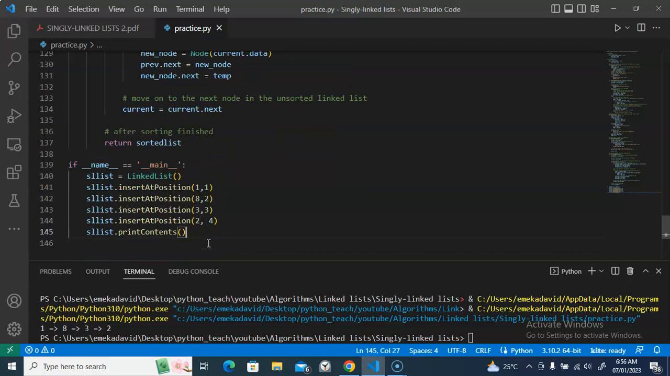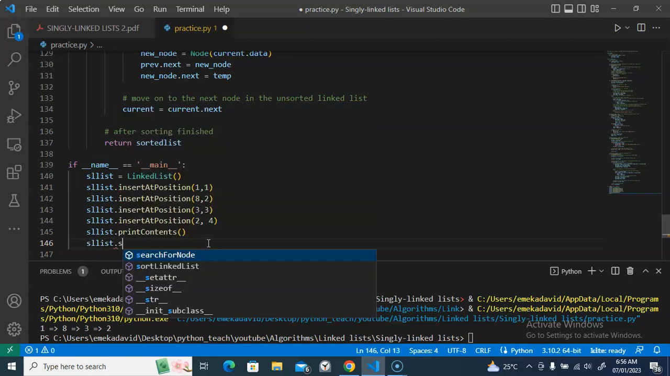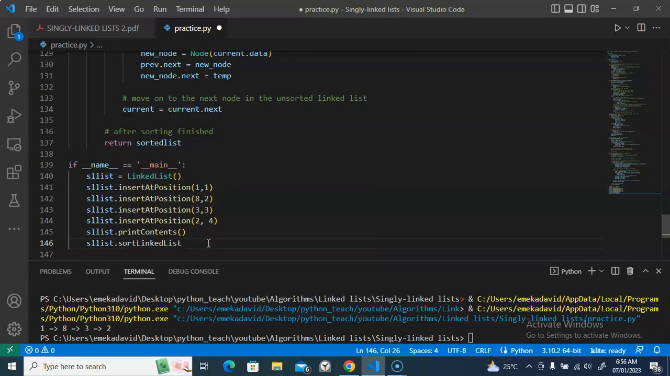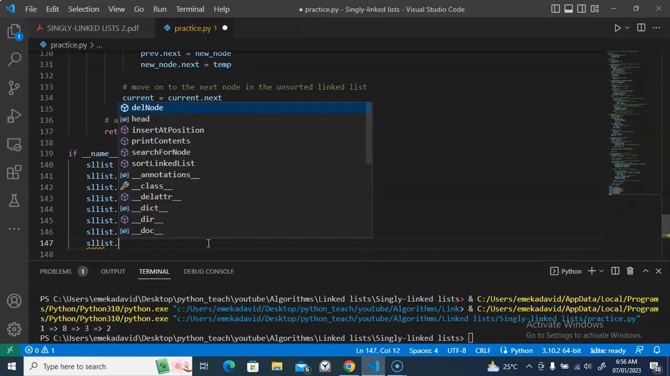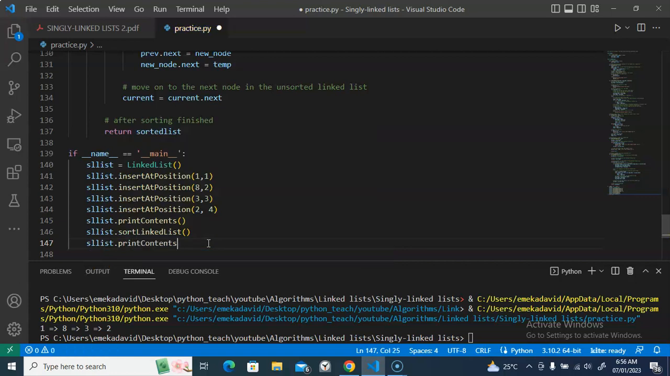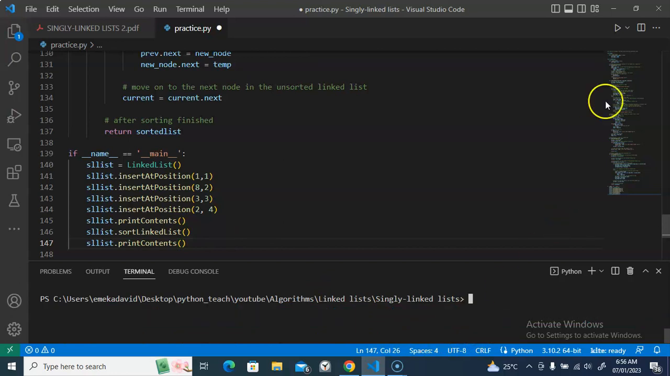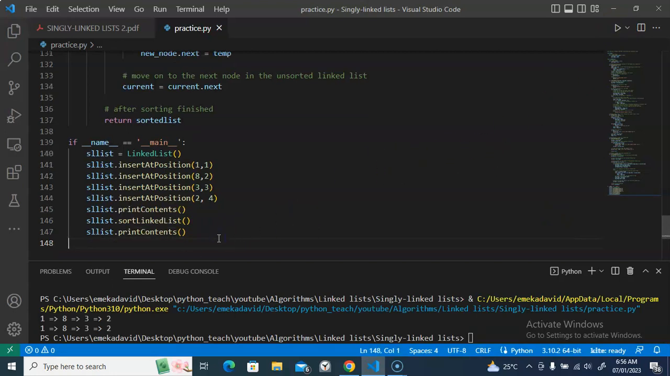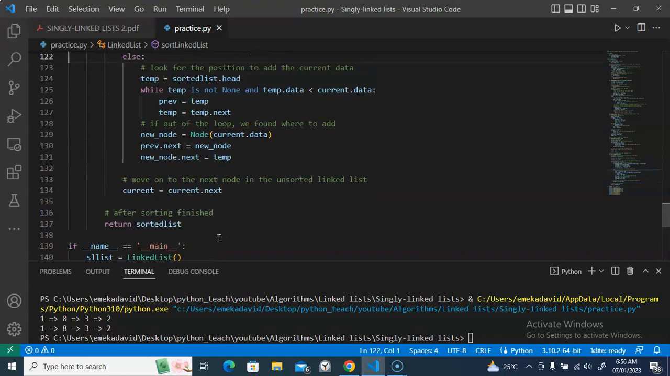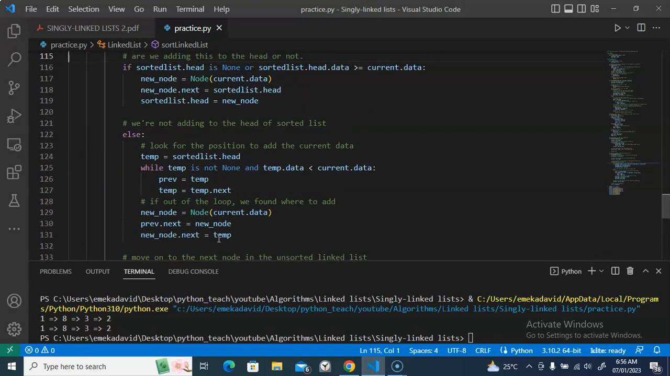So I'll call the list object to sort linked list. After sorting, I'll print it out again. Let me clear this before I run it, so you see this. So there's a problem somewhere. There's code I didn't write very well,